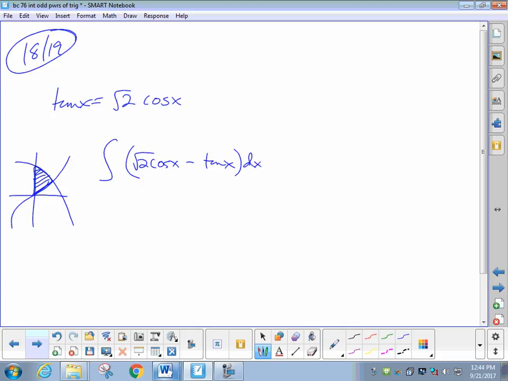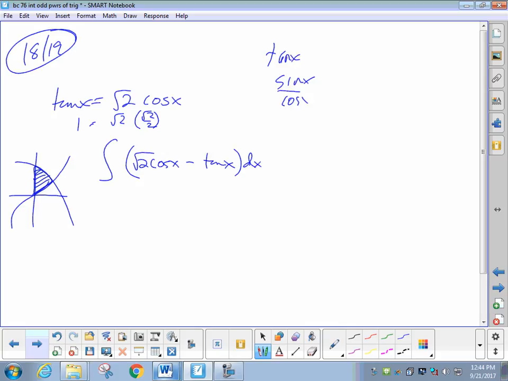The limits of integration. One school of thought is guess and check. Just take a guess. What do you think it's going to be? There's a root 2 in there. I'm thinking maybe a good candidate would be pi over 4. Would these meet at pi over 4? Guess and check works. If you don't do pi over 4, then you have to do something like sine of